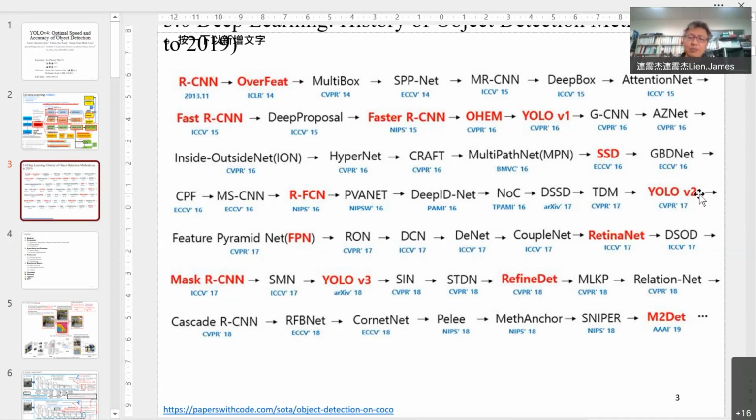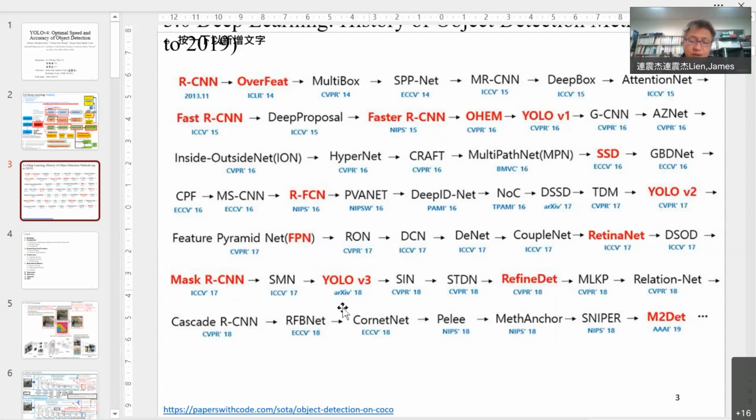But at that time, many people used YOLO V1 and V2. In my lab, I told my students no, we should use Retina because we don't need it so fast. It's already fast enough, but the accuracy is high. They not only have a feature pyramid network, their loss function, the focal loss, is important. One important contribution of Retina is that their loss function is very good. They consider the loss function in more detail.